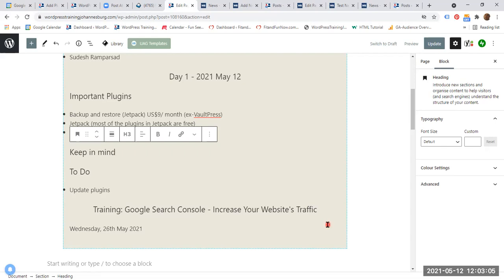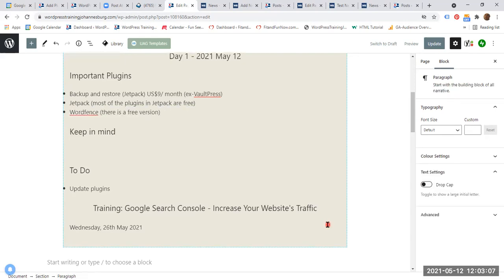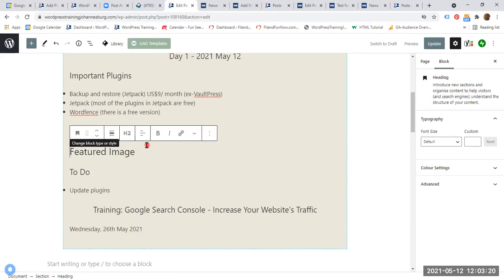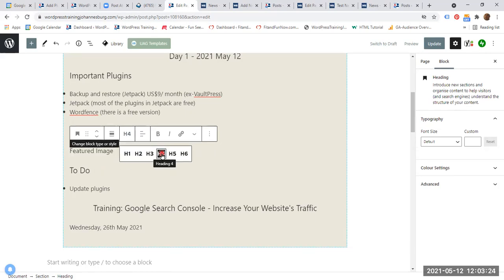And then I am going to have a subheading, and I am going to say featured image. Featured image, and I'm going to change this to a heading, and I am going to go to H4, H5. Let's just see. H4, almost the same as a paragraph. Okay, I don't like this. So I'm going to go to H3. So featured image